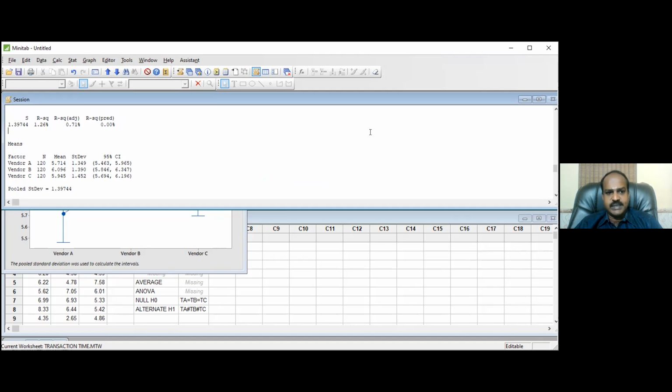So now my data is telling me that vendor A consumes lesser transaction time. But my P value is telling me don't favor vendor A. My data is telling vendor A is consuming lesser transaction time compared to B and C, but my P value is telling me that there is no significance in it. Look at the difference. What is the difference between A and B? 5.7 and 6.0. How much is it? 0.3. And similarly, vendor C, 5.7 and 5.9. The difference is 0.2. Is this difference enough for you to say A is performing better than B and C?